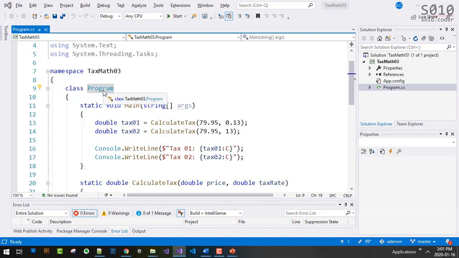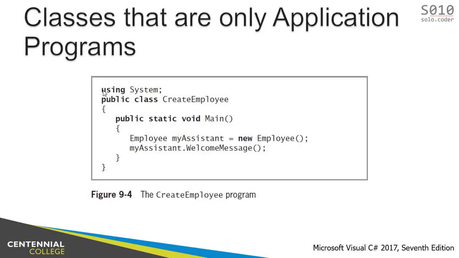Why am I saying that? It's because this example, this is an application class. It's a console app, but it's called create employee, not program. So it's the same thing. You can give another name, but you see it has a main method, which becomes the starting point of the application. Now, this class, which is the application, now is using not only integers, strings, doubles, but also something called